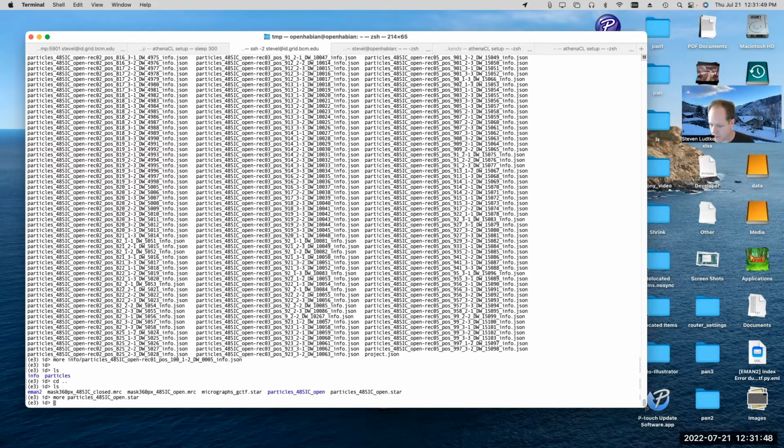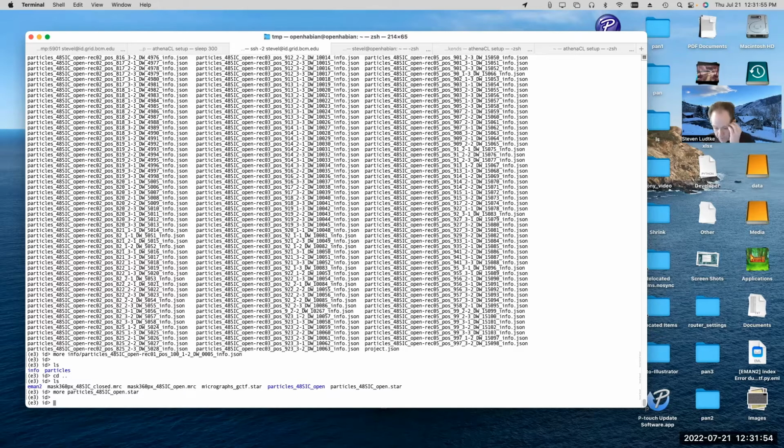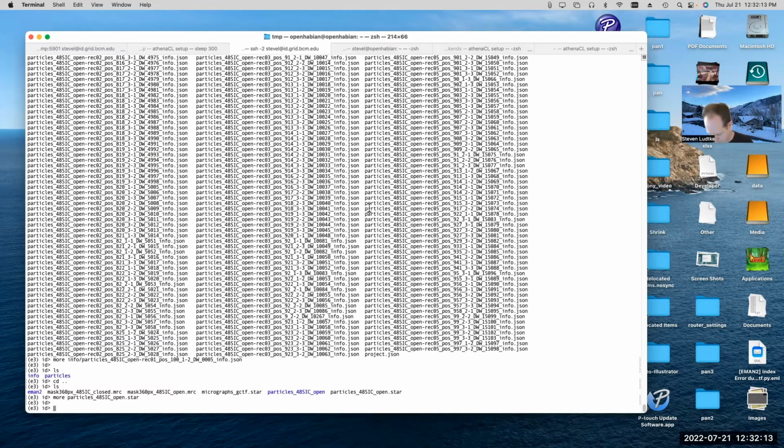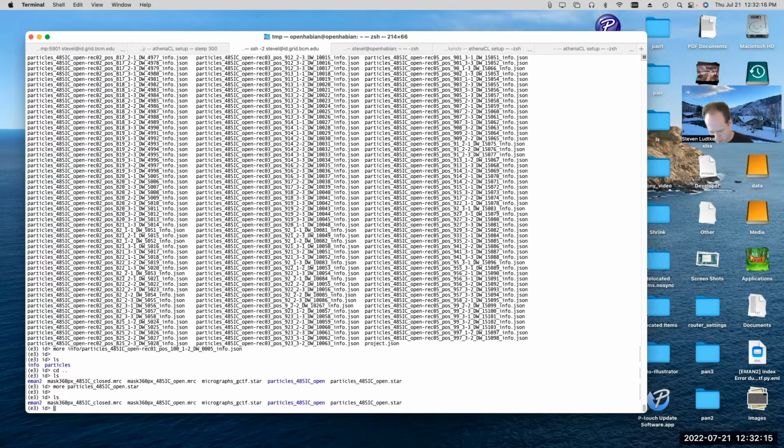But there's no convenient way of easily seeking around the file. So with this pre-release of EMAN2, we've now moved to a newer, old file format, which has been repurposed again, which is the LST file format. It dates back to EMAN1, and it's kind of like the star file, but more flexible.